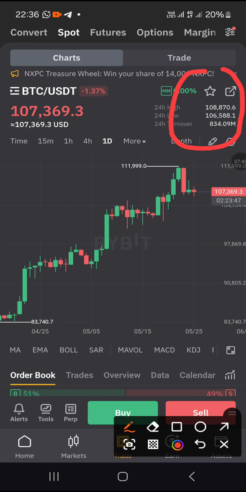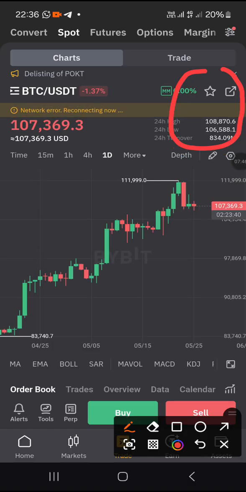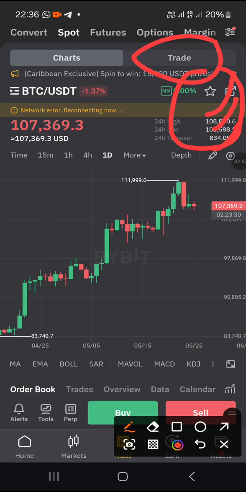These are most of the things you consider before you dive into trading any coin. The total turnover is also here. So we're going to navigate ourselves back to the trade in order for us to